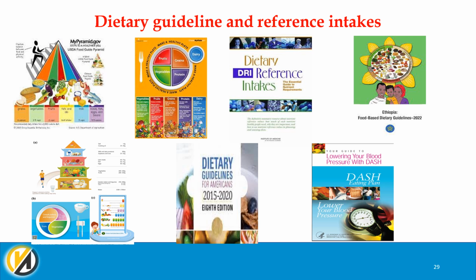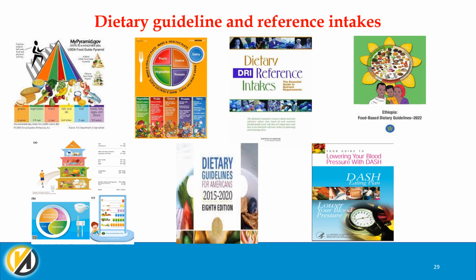My Pyramid is classifying the food groups into 6, such as grains, vegetables, fruits, fats and oils, milk and milk products, and meat, fish, egg, and beans as separate 6 groups. And they recommend the amount and the type of food group to be included per day. They also recognize the importance of physical activities in their pictures or in their recommendations.